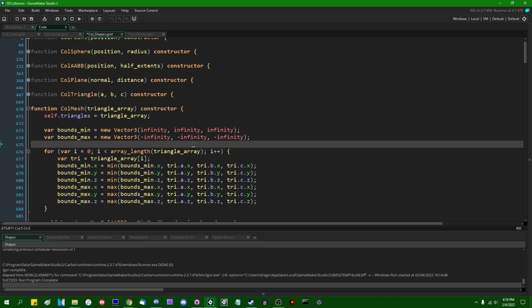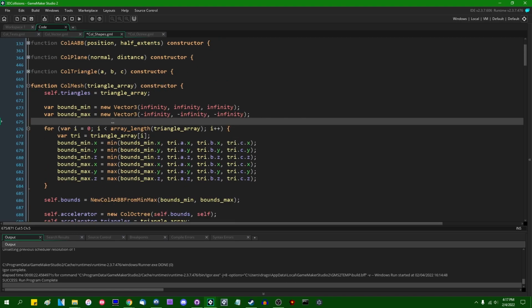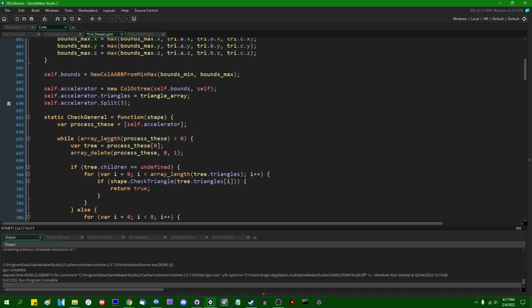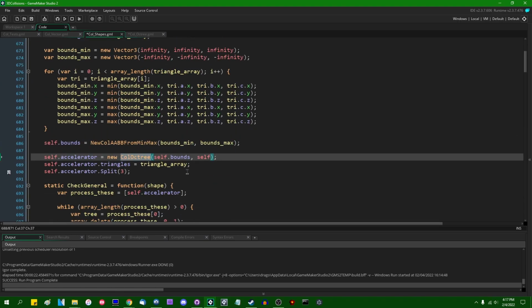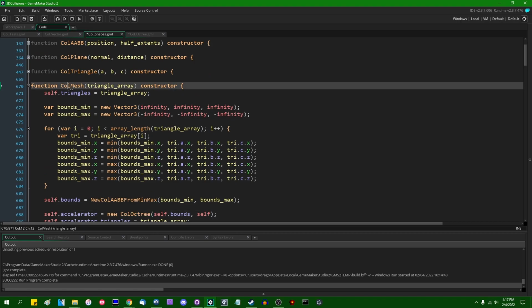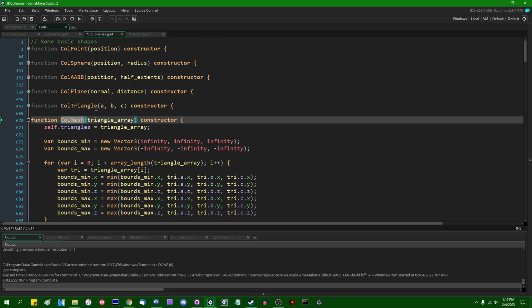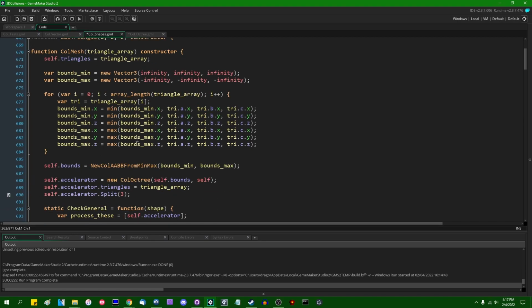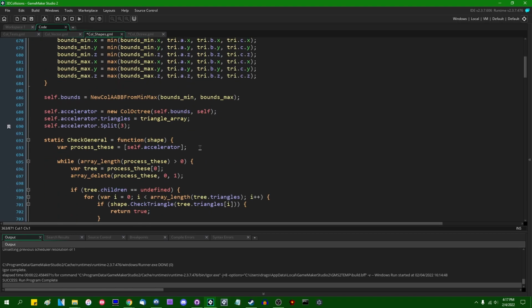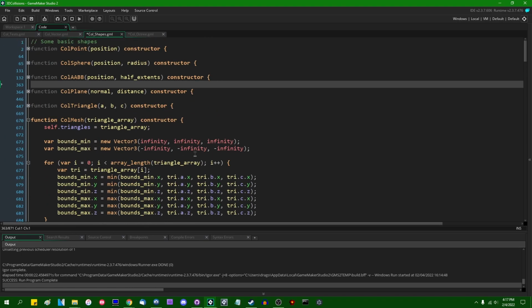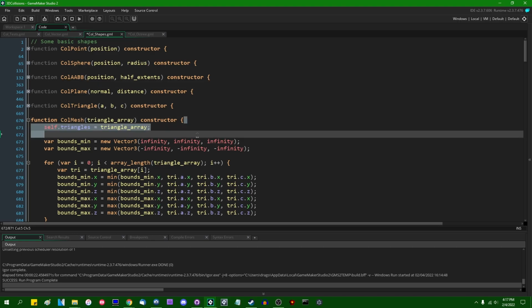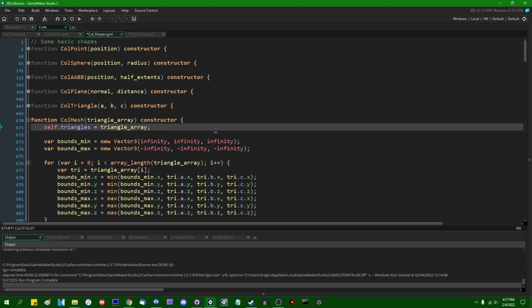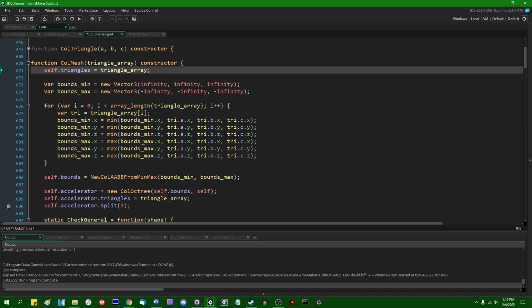That may or may not be what I decide to do next. And lastly, if you're wondering if you can apply the same octree logic to not only triangle meshes, but also just groups of other collision objects in general. So if you wanted to, for example, have a collection of AABBs in a game world, and if you wanted to sort those into an octree, the answer is absolutely yes, you can do that. And that's another thing that I want to do eventually, creating actual collision worlds that are more complex than just lists of collision objects. Anyway,